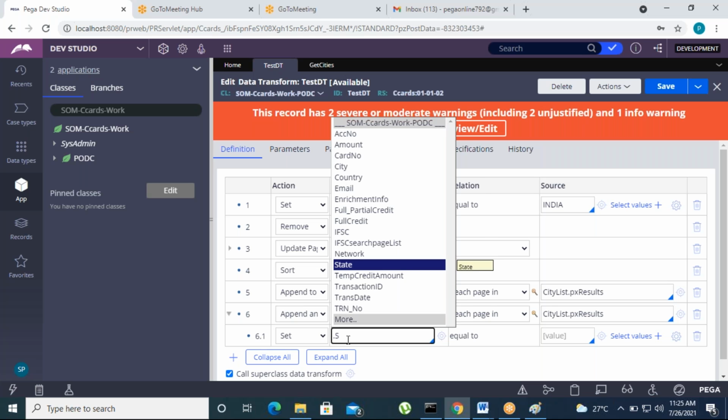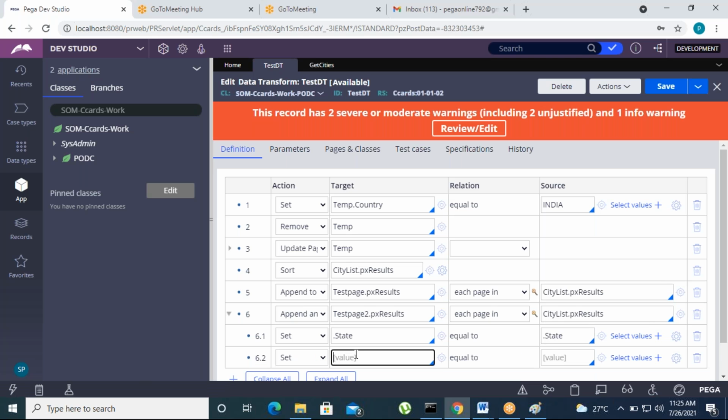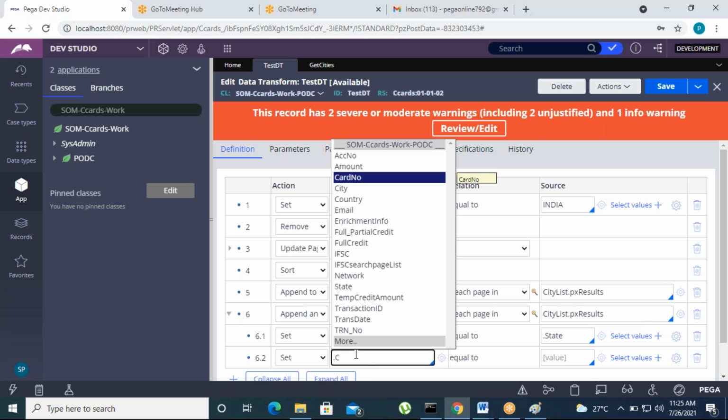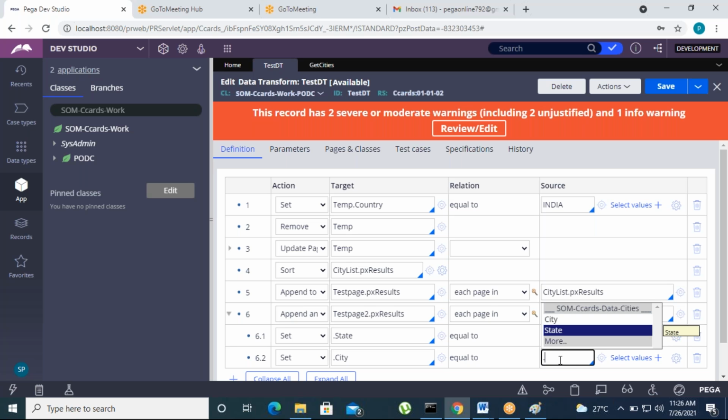Cities and state. Work class city equals data class city, and work class state equals data class state.